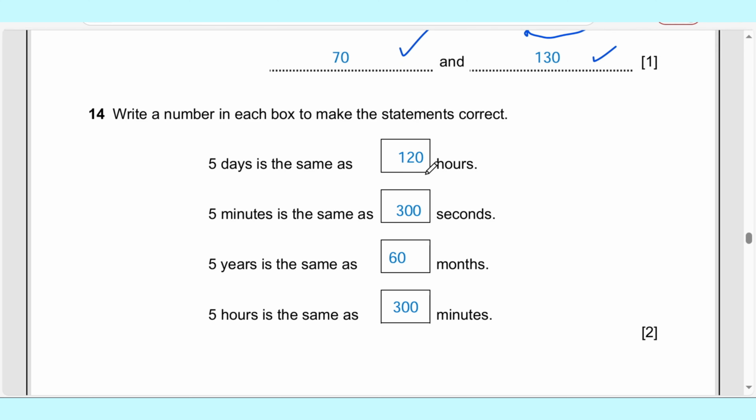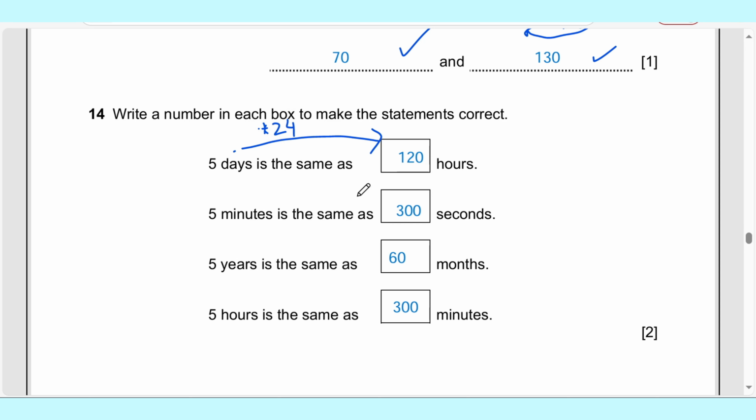So here we go. This is the correct answer. 5 days is the same as 120 hours, 5 minutes is equal to 300 seconds, 5 years is 60 months, 5 hours is 300 minutes. How do we get the answer? So 1 day is 24 hours, so 5 times 24 will get